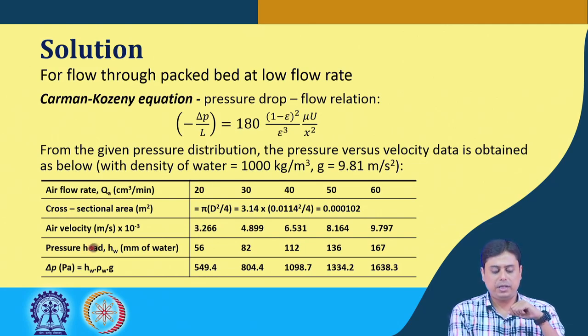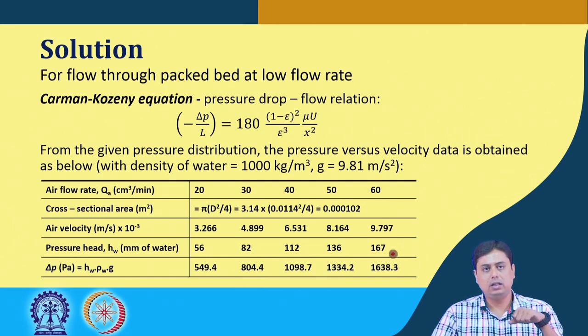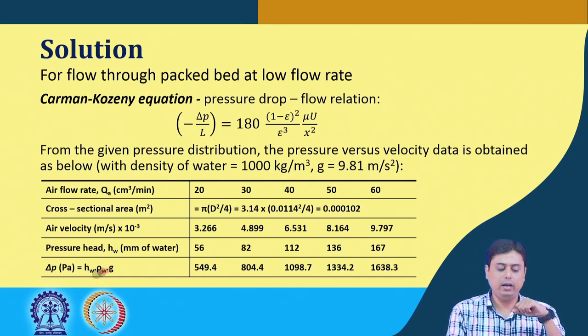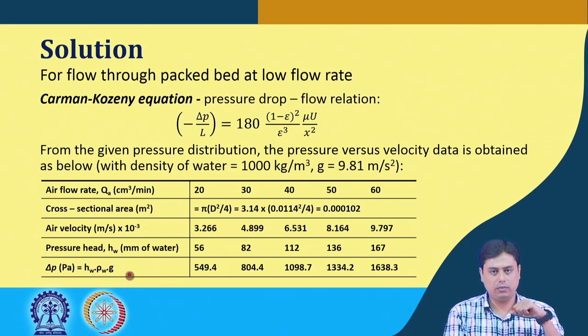Okay. This pressure head in millimeter of water is given. So, millimeter water to Pascal we have to convert, and for that it is rho g h, where rho is the density of the water, h is the height that is already given in millimeter water, and g is the gravitational constant value. So, from this 56 we can get this value by this expression, that is we first convert this millimeter to meter, multiplied by 1000, multiplied by 9.81, it would give you these Pascal values.